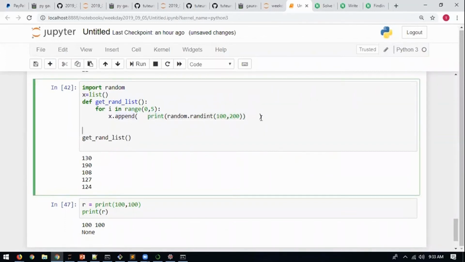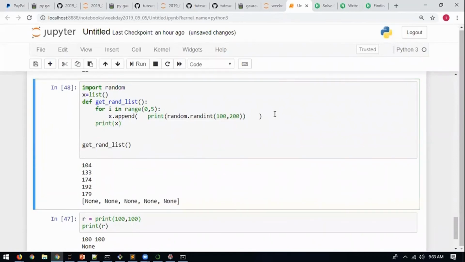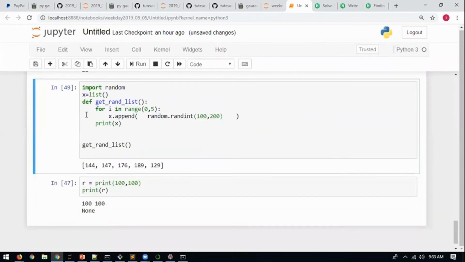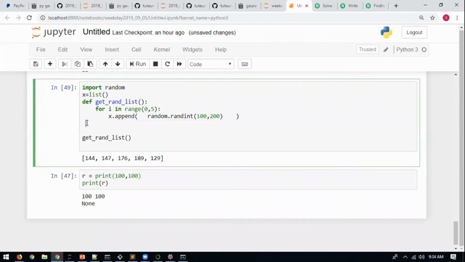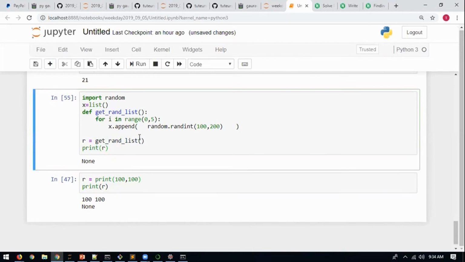So if I go there and inside the function I write print(x), what will it print? A list, but the list will contain what? None, None, None, None. So what do I remove from there? Print. Now what does it contain? This thing. But do I need to print it from there? No. Now I run this code, but it doesn't print anything. Why? There is no print. I go there and say r equals this thing, print(r). It prints None. Why? What should I do now?